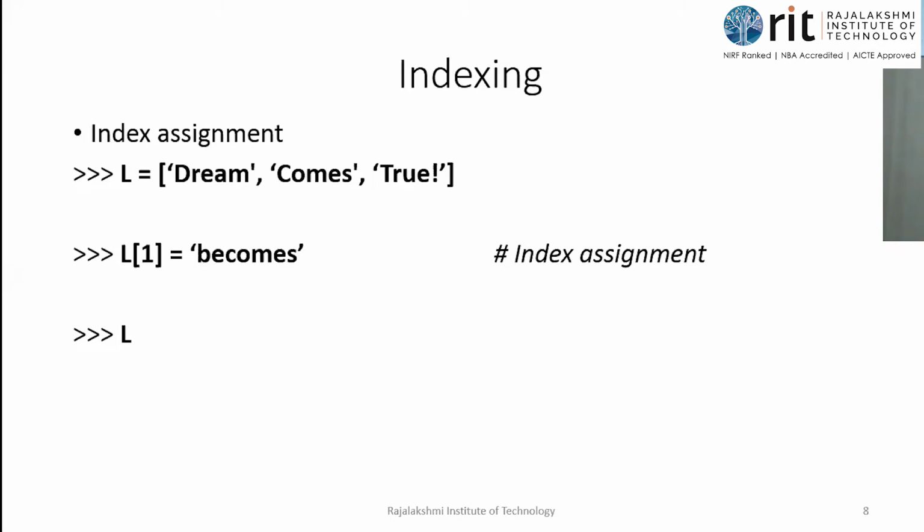Okay, what will be the answer for this? Look at the third line. I'm trying to get the answer for L. What should be the answer? List is mutable, so all these can be done. List assignment: L of 1 becomes. But what happens to comes and all those? That is a question. CSE students can try answering this. Yes, Vignesh, Gokul, many people are answering. Good. Kirtana.